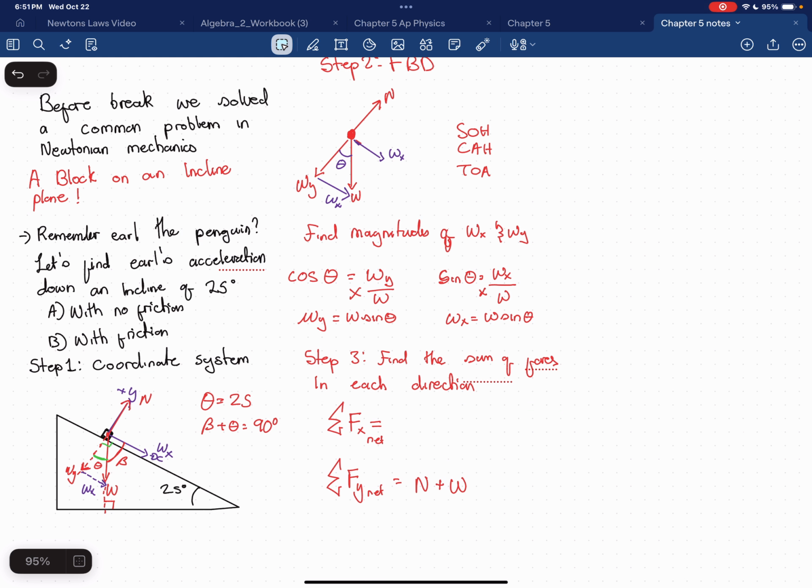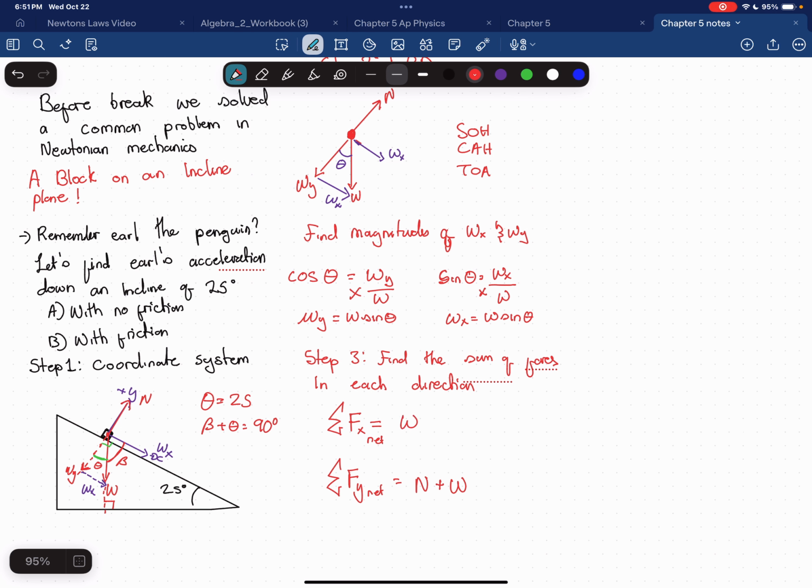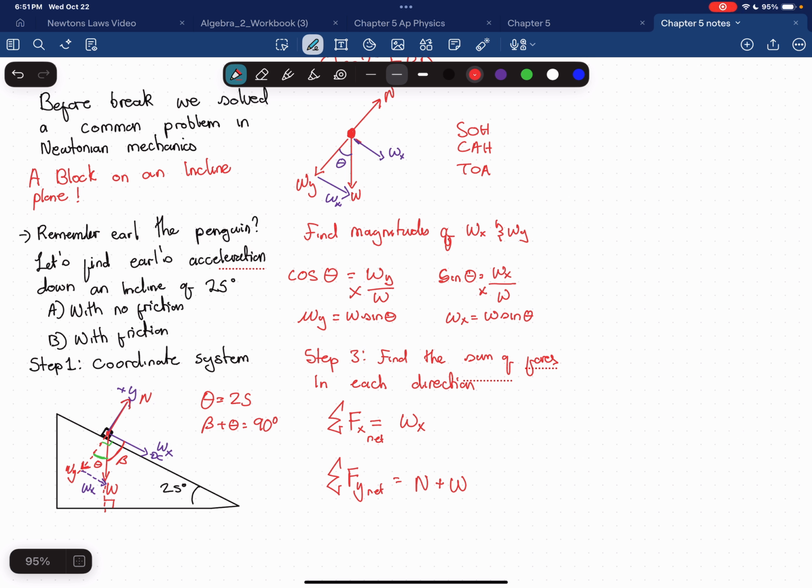And then in the x direction, we only have omega x. So if you see here, look at our axis. In the x direction, we only have omega x, and in the y direction, we have the normal force plus the